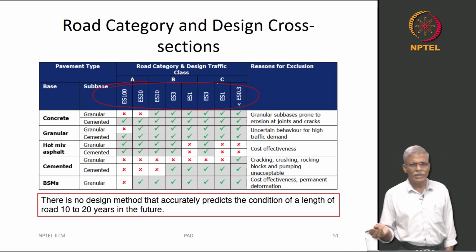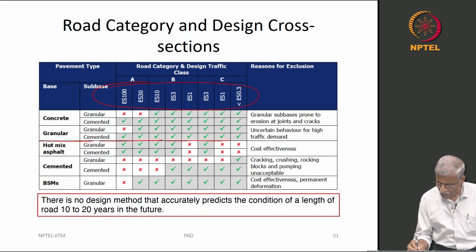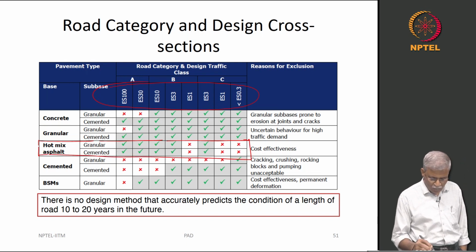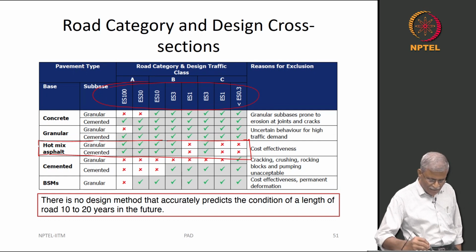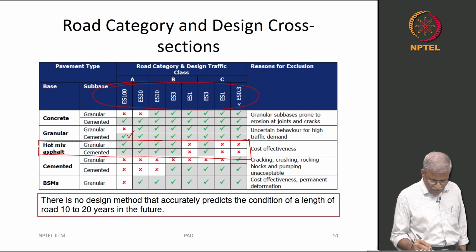So, you will get to know it and it is there. Now, focus your attention here on this one. So, you are talking about ES 100, so you want to have a cemented granular material,